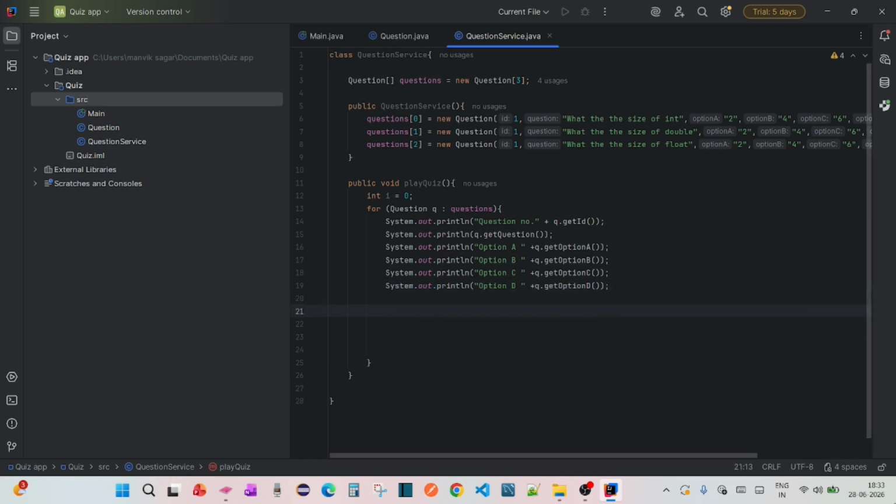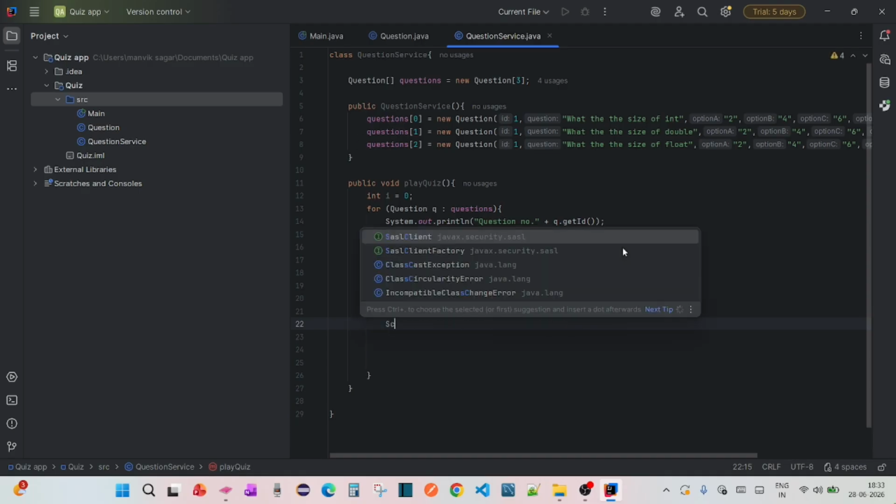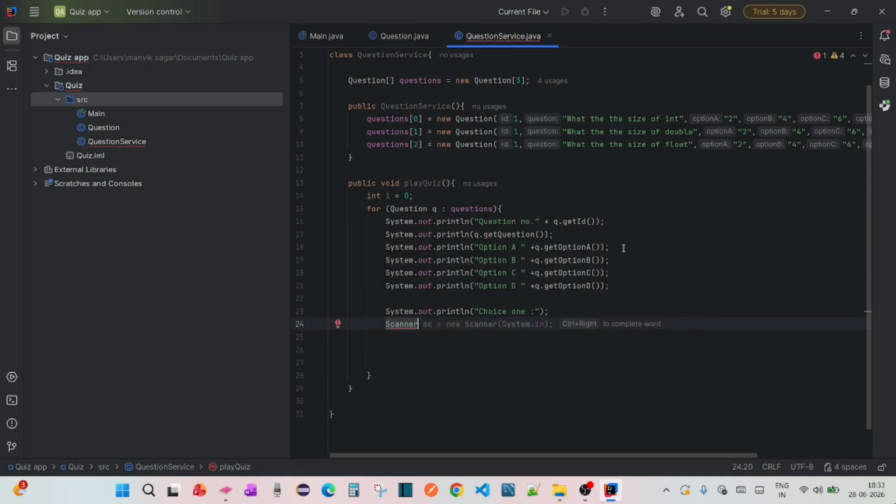Now we have to take a user input here, it is a requirement. So, choose choice 1. Okay, now scanner is used, sc is equal to new Scanner from System.in. Okay, we are taking input from the user. After that